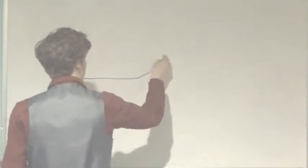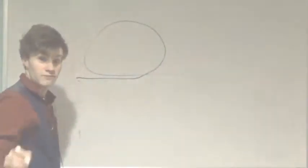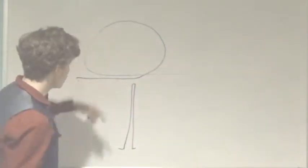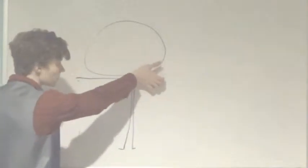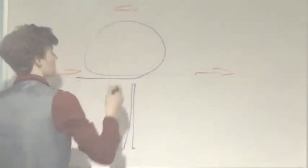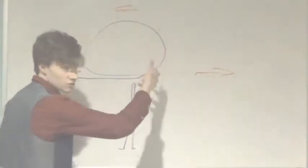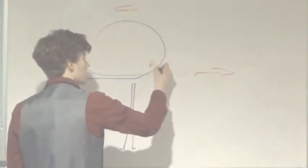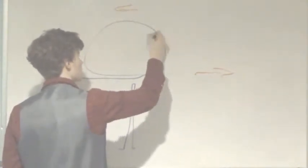So this is what it would look like from the side. And this is what it would look like facing on. Just have one coil of wire. The way it would work would be using the right hand rule. If you put your thumb running along the way that the current is going, for our example it's going this way, then the direction that your fingers go are the way that the current is going. So it would come out of the board here, and in here, out here, in here, out here, in here,